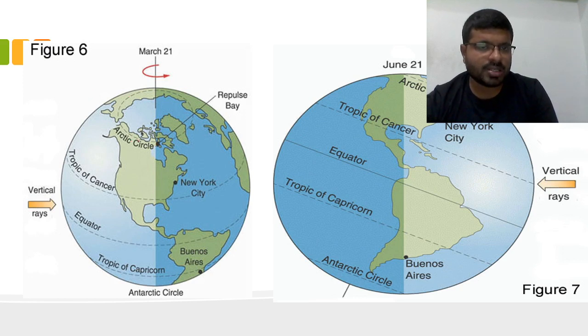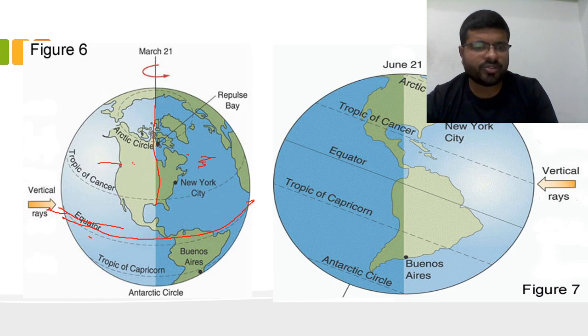The illumination is falling exactly at half, because of which there is equal length of day and night here and here. So this part and this part, and at the same time, what is happening? At the equator you are finding vertical rays. The vertical rays are exactly at the equator. So this part,